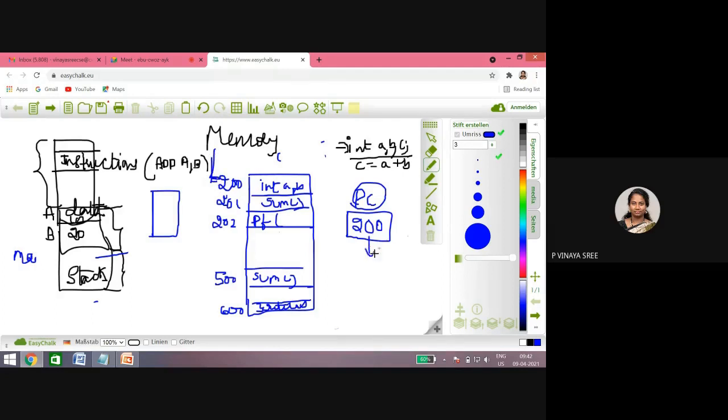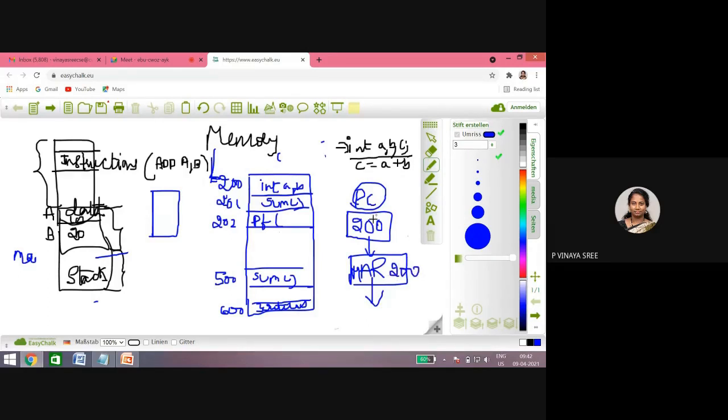from here this address will go to the memory address register. The memory address register holds the current instruction address. Once the processor is ready, whatever we have in the program counter will be shifted to the memory address register: 200.